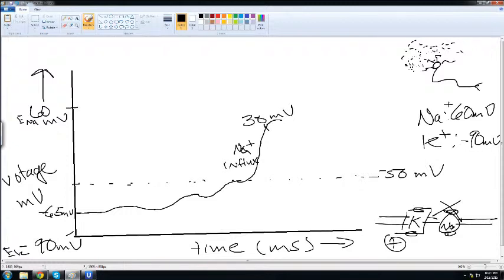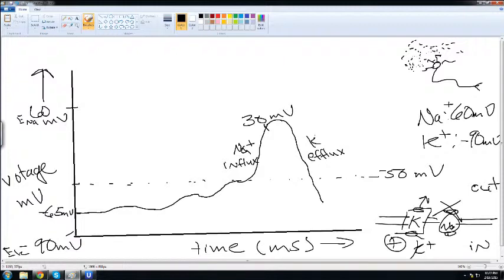So what that involves is all that potassium on the inside, which carries a positive charge, wants to go out. It has to exit the inside of the cell because the cell is way more positive than it wants it to be. So the potassium has to move out in order to bring the voltage of the neuron's membrane down. So what's happening during this falling phase, when only the potassium channels are open and potassium is approaching its ideal state of negative 90 millivolts, is you are having an efflux, an exiting